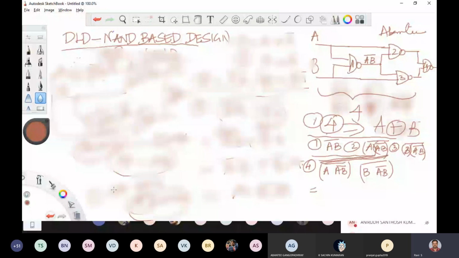Okay. So now number 4 logic gate takes A as the first variable and A B bar as the second variable, the whole bar, right? This is the first variable, B and A B bar whole bar is the second variable. So the full complement is the NAND, since AB whole bar is the NAND property. So now this is the expression. Now I want this expression to be equal to A bar B plus AB bar.